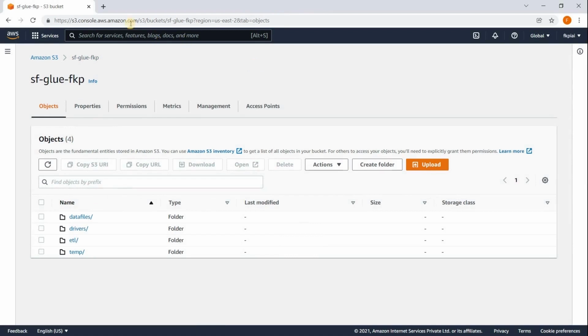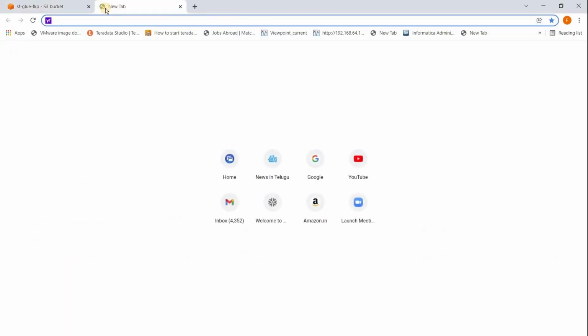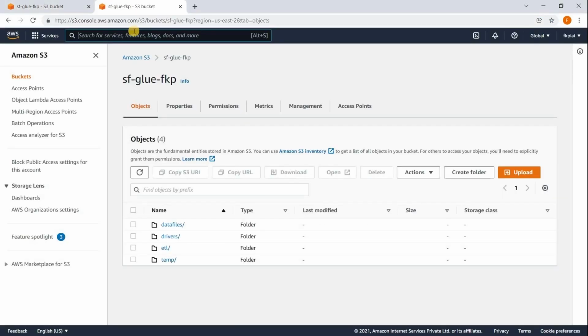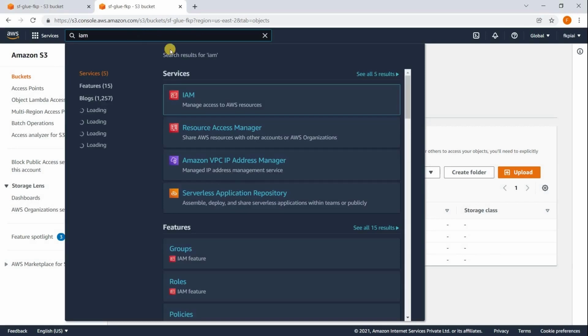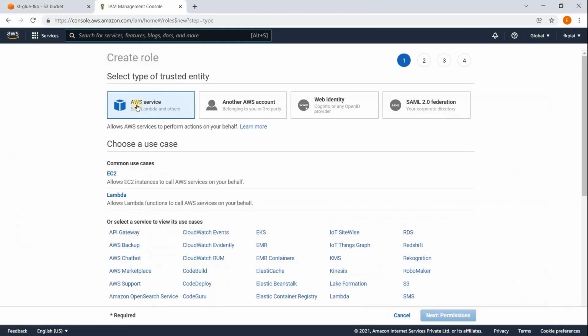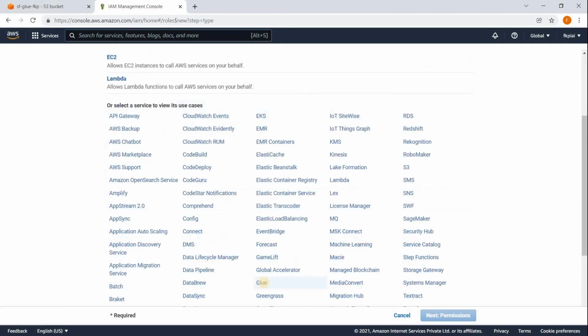Let's go back to step number 1 to create the role and assign the AWS policies to that role. Let me create a role. To create roles, we use the IAM service. Go to roles and create role. Select the first option. Why the first option? When you choose the first option, you are telling AWS that the role is going to be used within AWS services. If you are going to use that role in third-party applications, you need to choose the other option. Let's choose the service in which I am going to use this role.